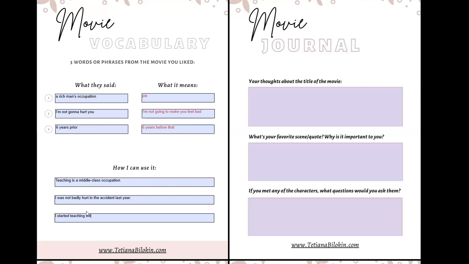So it's good practice for grammar and vocabulary when you are making sentences, not just listening to them. And it's okay to just choose 2-3 words. That totally works. Okay, so now let's try to discuss the movie.